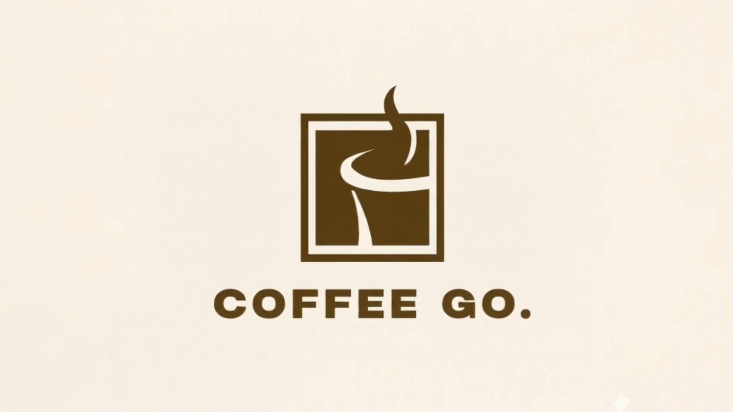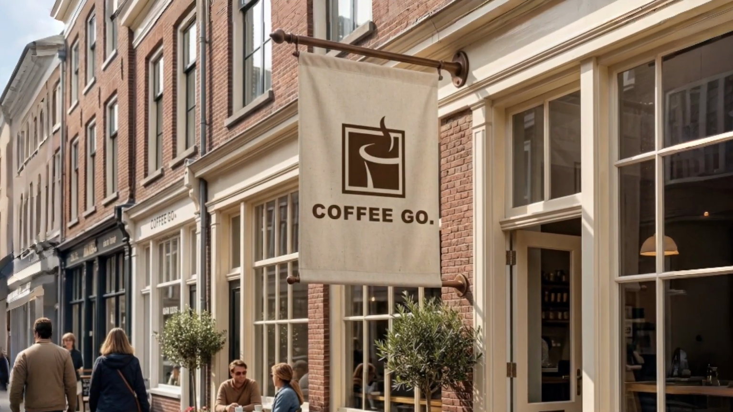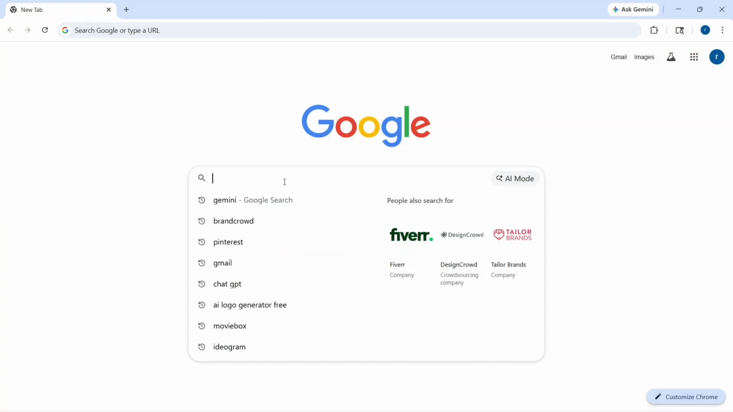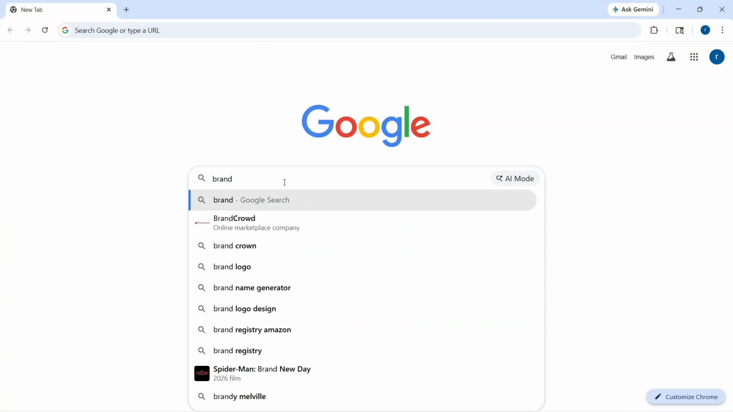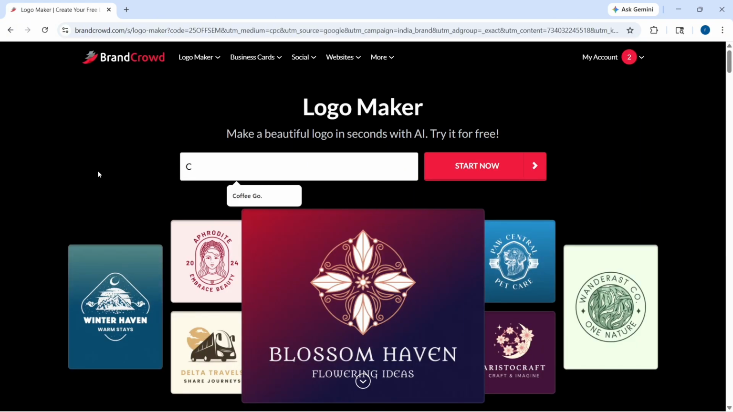Designing a brand logo doesn't have to be complicated anymore. AI can handle it in seconds with surprisingly professional results. Start by opening your browser and searching for Brand Crowd, then open the website and enter your business details, including